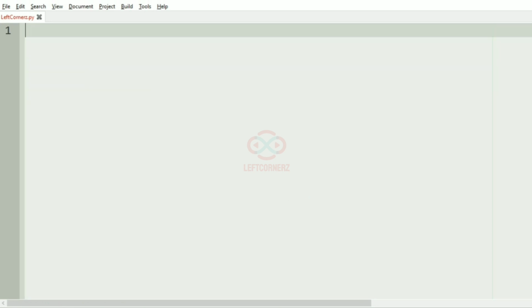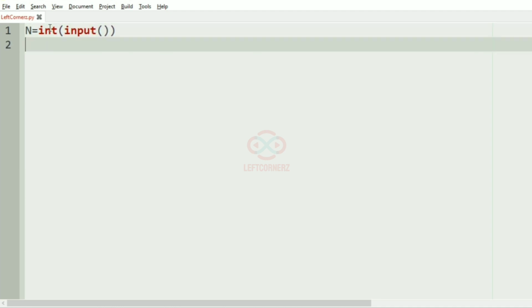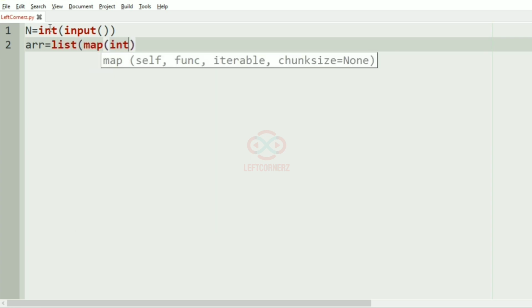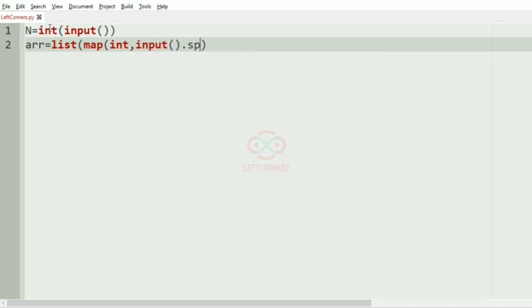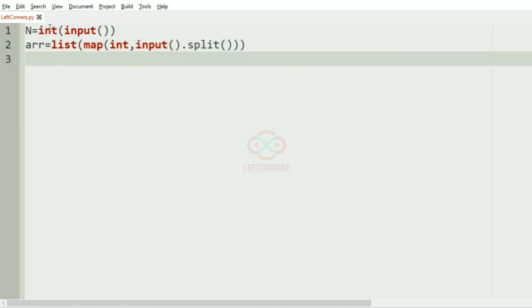Now let us implement our program. First we'll get the integer n, that is the total number of integers, and then we'll get the n integers as an array list, and then we have to iterate. So for index in range 0 to